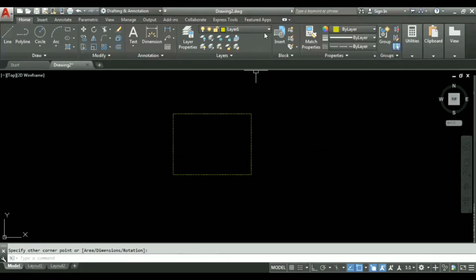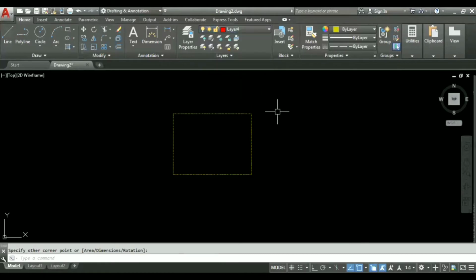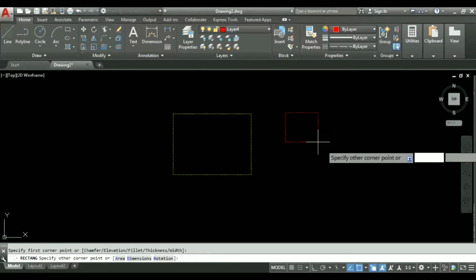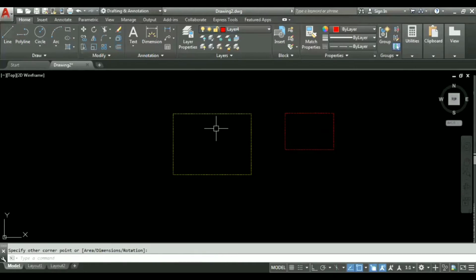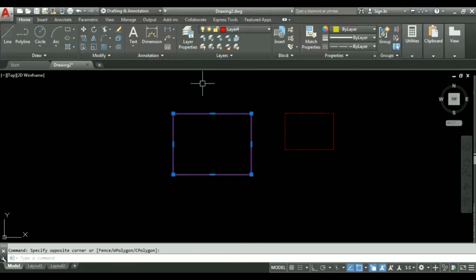If I want to draw in some different layer, I can select that layer and again make it. Now if I want to change the layer of this object, select this, click here and change the layer. So the layer of this object will be changed. Can you get it, how we are changing it?